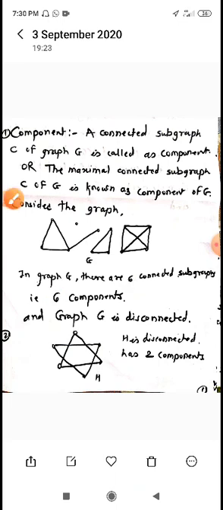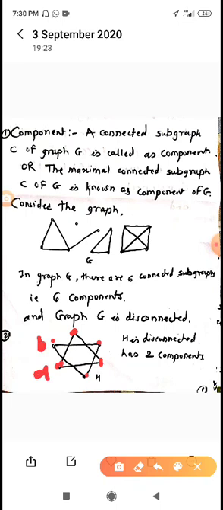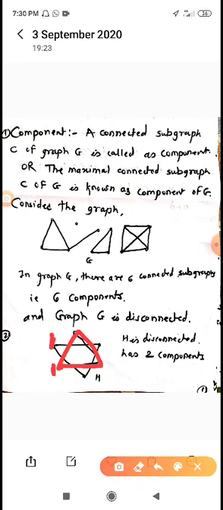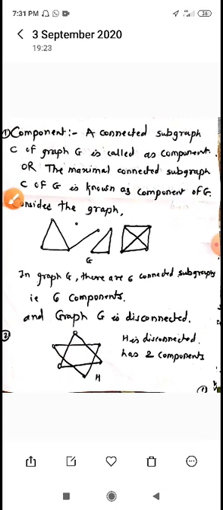Also see the next example. In that next example, consider the graph. These are the vertices 1, 2, 3, 4, 5, 6. Now look at whether this graph is connected or not. Suppose this is vertex A, this vertex is B, but there does not exist a path between A and B, since starting from A, then go here, then go here, then go here. That is, we cannot find a path between these two vertices. Therefore this graph H is disconnected.